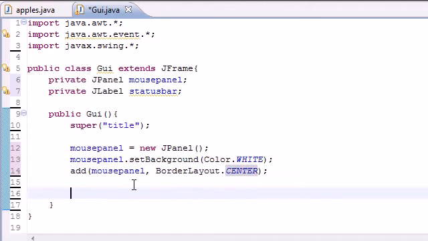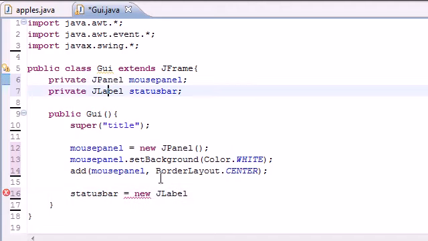Not very exciting. So let's go ahead and add that status bar we talked about right here. Go ahead and type in status bar, and we will set this equal to new JLabel. Remember, don't get this confused: JPanel, JLabel. Your status bar is a JLabel. And just set it to